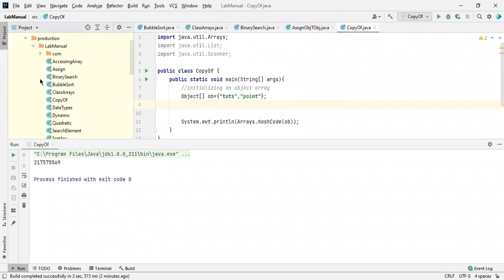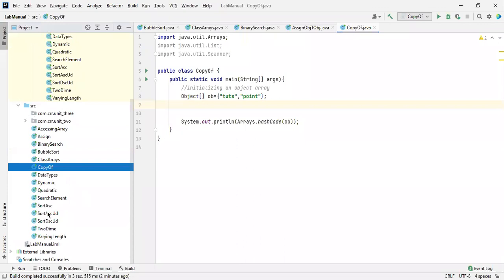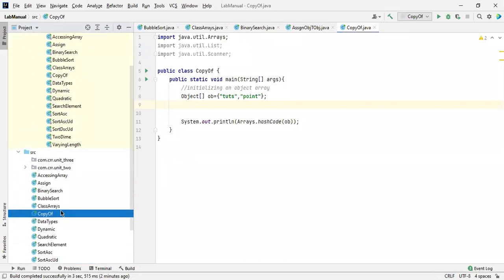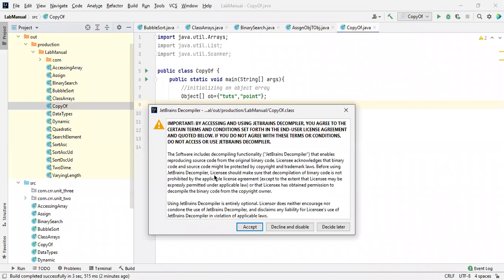See, all these are class files. Let me show you that. I think you people are familiar with that. These are all the class files we are writing, the programming. This is our understandable language. This is not our understandable language. These are different. Let me click this one. Where is that? So, copy of, right? Yeah. So it is not accepting. Okay, let me show you that.